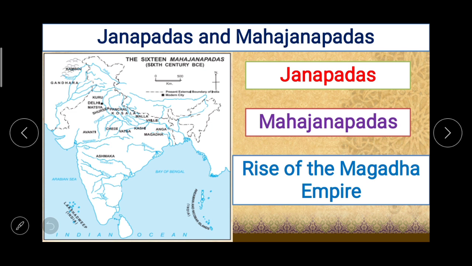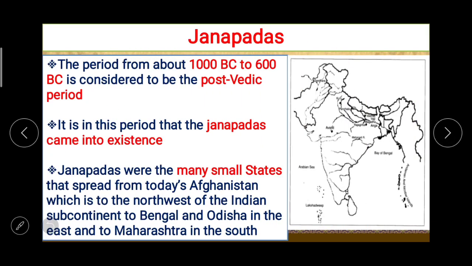Now here on the screen, as you can see, there is a map which is given in our textbook, about the 16 Mahajanapadas of the 6th century BCE. So you can directly circle, or by observing the map, study or list the names of all these 16 Mahajanapadas. So the first point, Janapadas, the period from about 1000 BC to 600 BC,